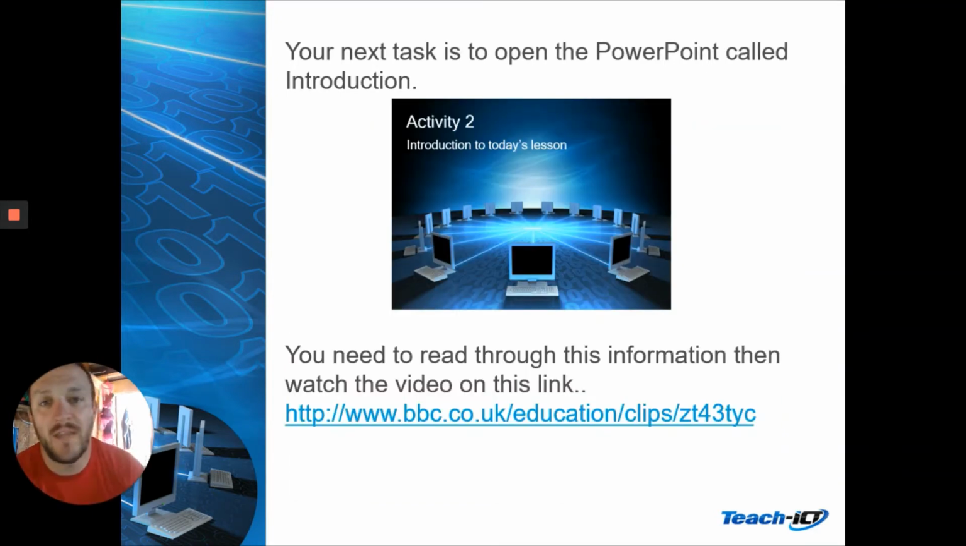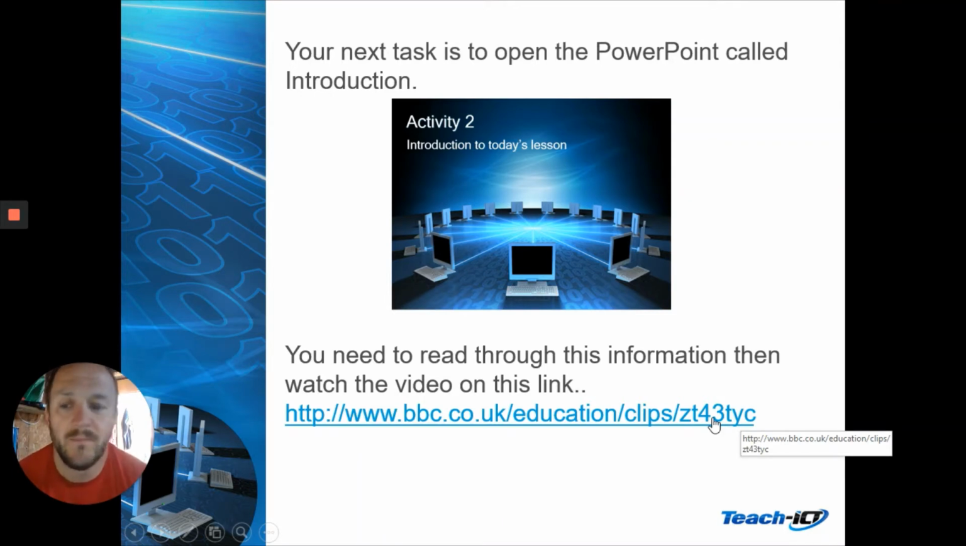Once you've done that, next task is to open up the PowerPoint that's called Introduction. You're going to need to read through that PowerPoint as well, and then once you've read through that, there is a video clip here on this hyperlink. Okay, you need to click that and you'll need to watch that video as well. Then